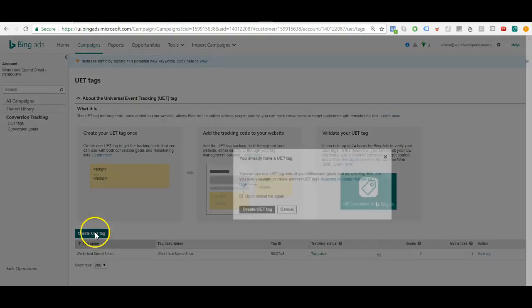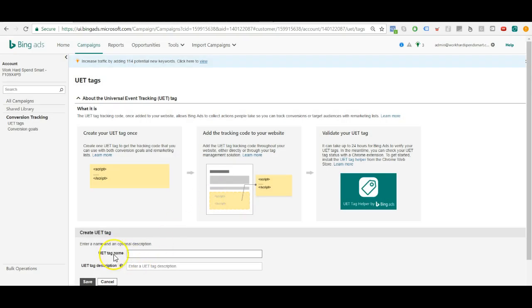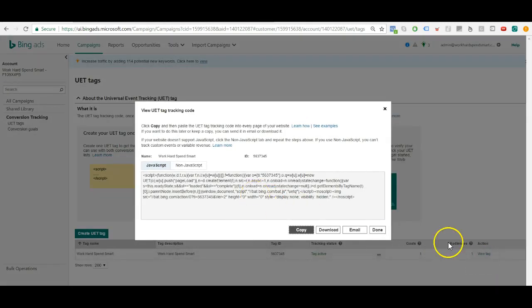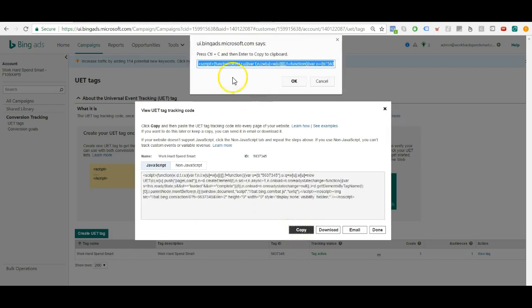So you do click create UET tag, and you have the tag name, tag description, etc. So I already got my tag set up. So we click the view tag button, and this is the code that we need. So the first thing I'm going to show you is how to set up the UET on your website on most of the pages on there. So you basically take this base code, copy,